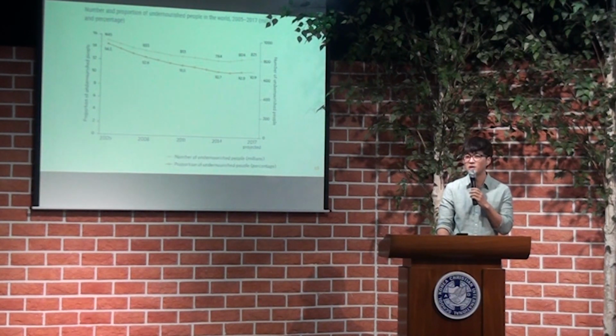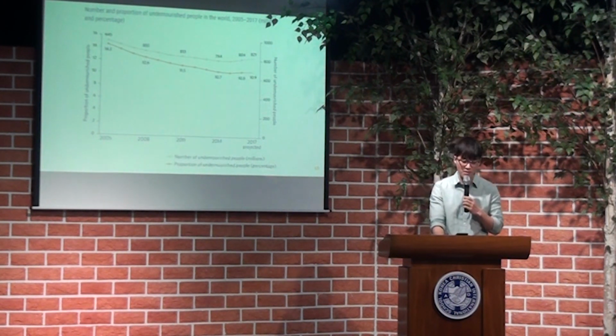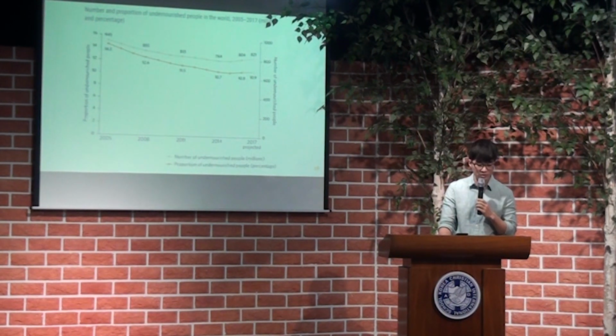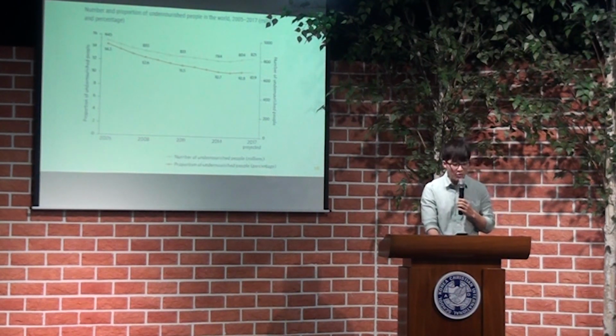So why is this increase in number happening? Okay, the situation deteriorated significantly in sub-Saharan Africa, where the number of undernourished people increased from 195 million in 2014 to 237 million in 2017. Sub-Saharan Africa remains the region with the highest prevalence of hunger, with the rate increasing from 20.7% in 2014 to 23.2% in 2017. In South America, the situation also appears to be worsening.